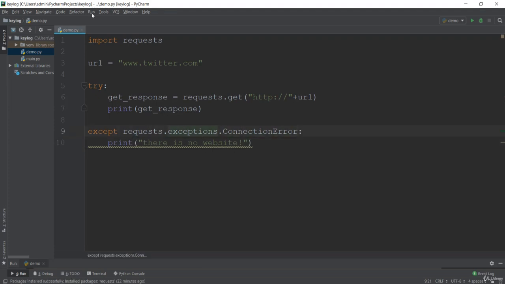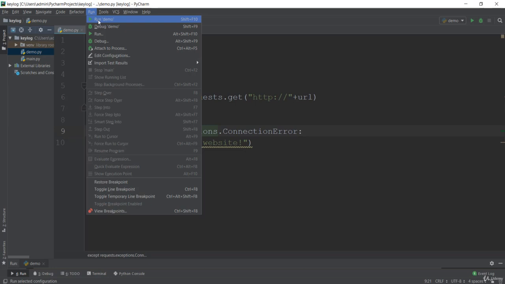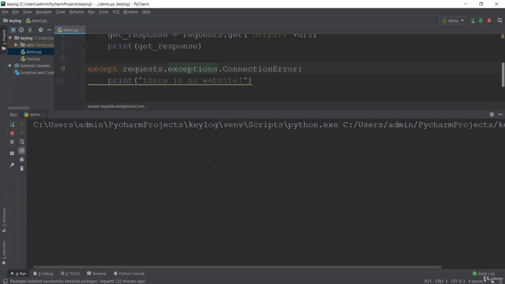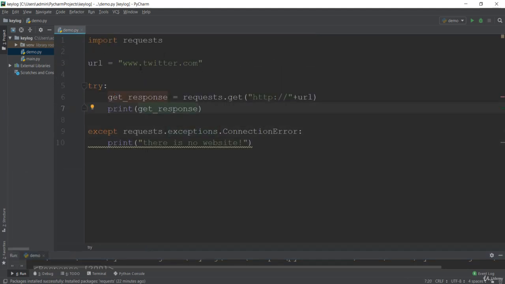First of all, let me just run this and show you what is happening. So this is demo.py. I'm just running it, and it will check, and it is saying there is a response 200. That means, okay, there is this website. So there is the presence of this website, that is twitter.com. You can see how easy it is to check whether there is a website or not from this requests module. It is a pretty simple script, but from the next lecture we'll see how to get the subdomains, directories, and crawl the web page from our web crawler.